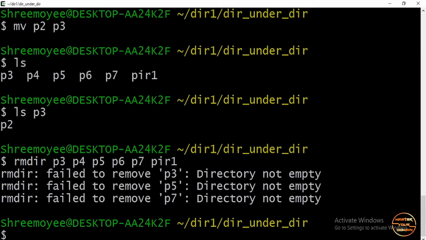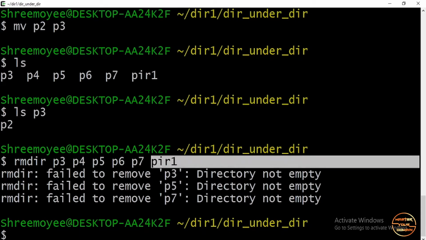And see, it generated an error message for p3 that p3 is not empty, p5 is not empty, and also for p6 because p6 is not empty. But it is not generating any message for p4 and pir1 because these two are empty.